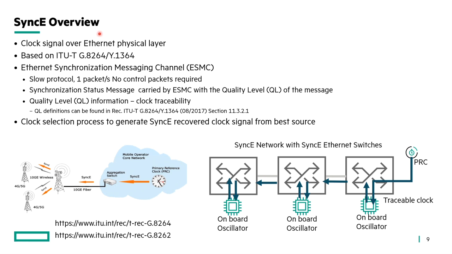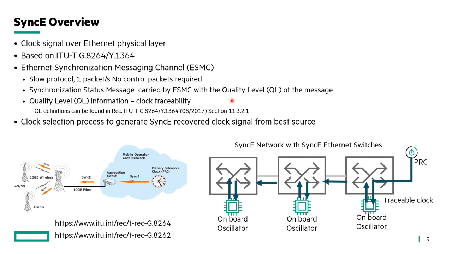So let's briefly go over SyncE. It's a clock signal over the physical Ethernet layer, and it's based on an ITU-T standard, G.8262. The actual Ethernet synchronization goes over the Ethernet Synchronization Messaging Channel, ESMC, which is carried between switches across Ethernet connections. This is a slow protocol with no control packets, but the synchronization messages themselves carry